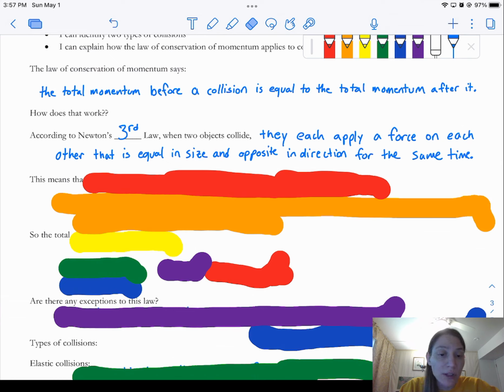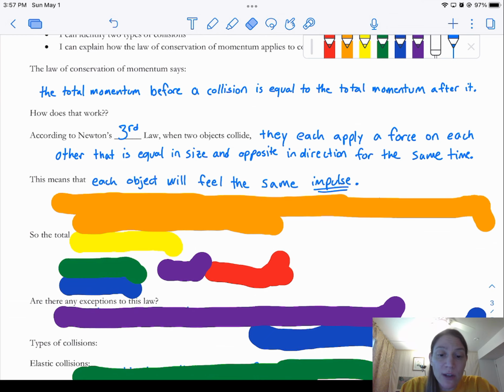Those forces are equal in size, they're opposite in direction, and they happen at the same time for the same amount of time. So when one object pushes on the other, those two things are interacting at the same time for the same amount of time. That means that they're going to be applying the same impulse, and each object is going to feel the same impulse,